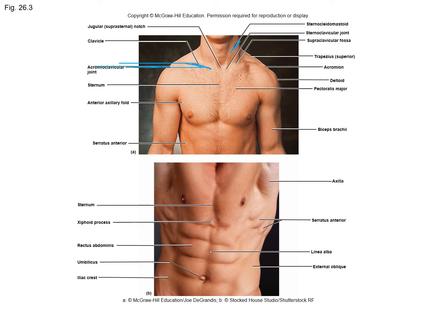Clavicle or collarbone. Acromioclavicular joint, between acromion of the scapula and the clavicle. Of course, this is anterior axillary fold. Biceps brachii, this is the axilla. This is the serratus anterior, linea alba, white line, external oblique, umbilicus, iliac crest, xiphoid process of the sternum,